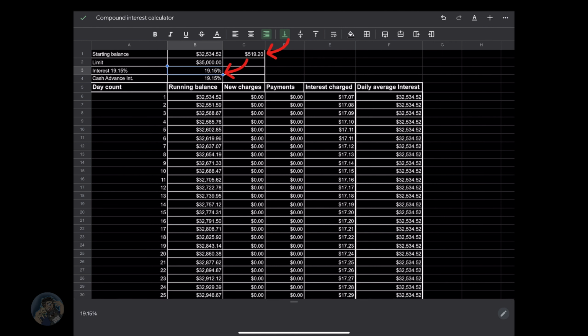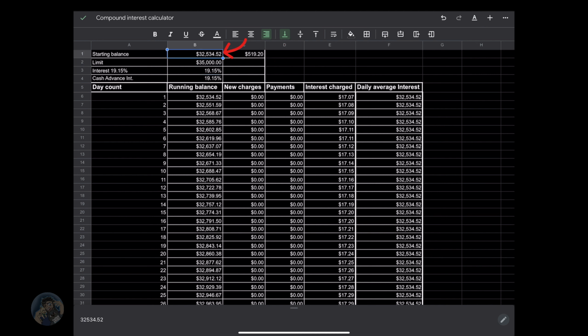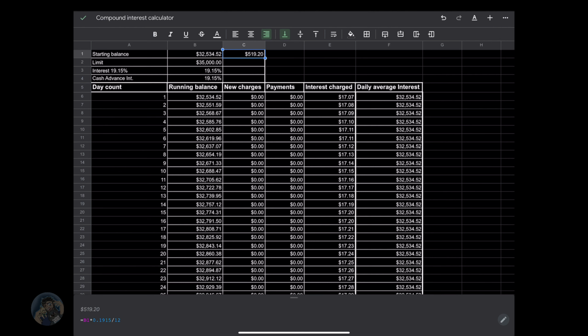So it'll be an interesting number to say, hey, for example, I did that here, this $519 is the 19.15% interest rate based on the $32,534.52. So you can see here on the bottom of the screen, it shows the B1, which is the $32,534.52, is multiplied by the decimal form of the interest rate, which is 0.1915, and then divided by 12, which gives me